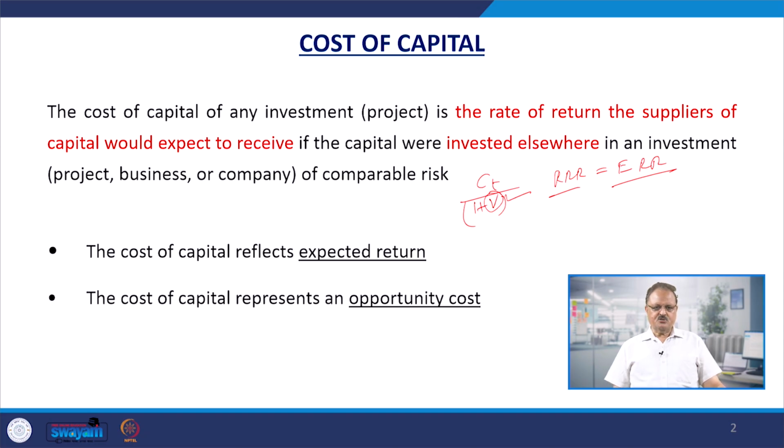In real estate also, if you want to invest in assets, the assets have to be of comparable risk, because normally return goes with the risk. So the higher the level of risk, the higher the rate of return available from that investment. So the avenue of investment which you are selecting, which you are choosing, if the return it is giving to us, you compare it with a similar avenue having a similar kind of risk,